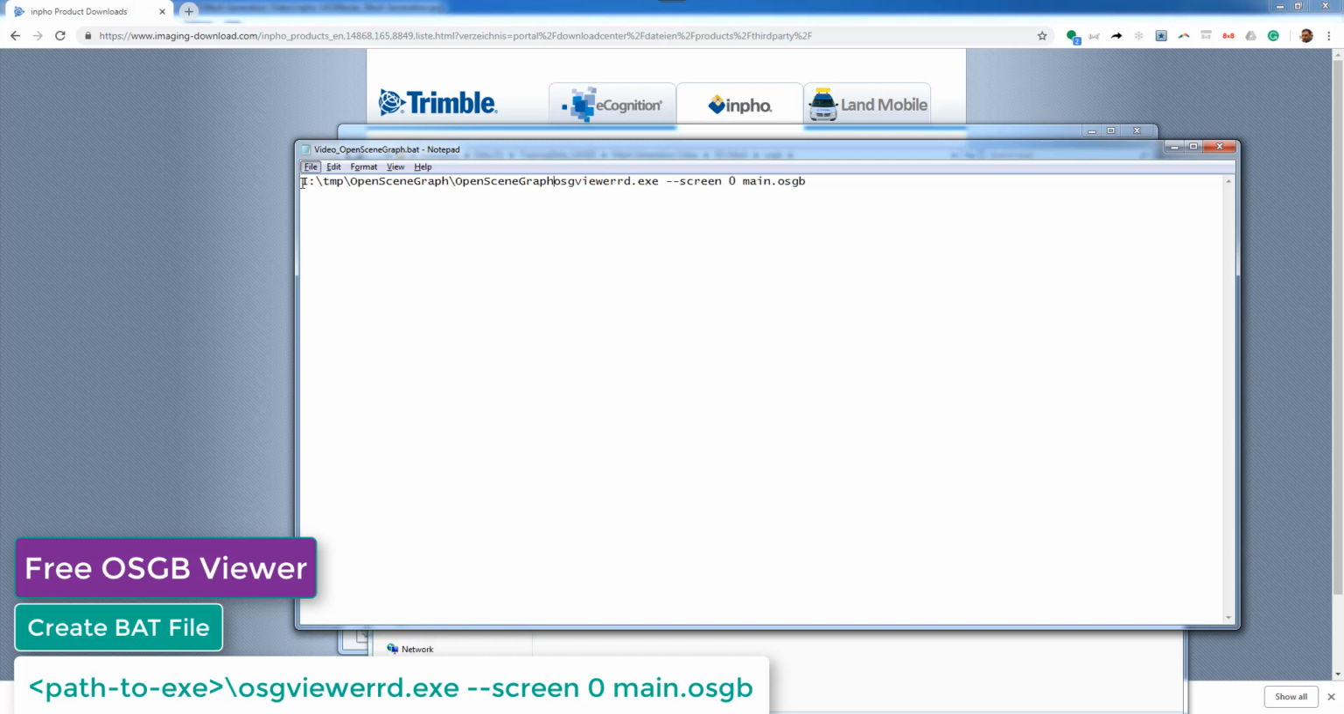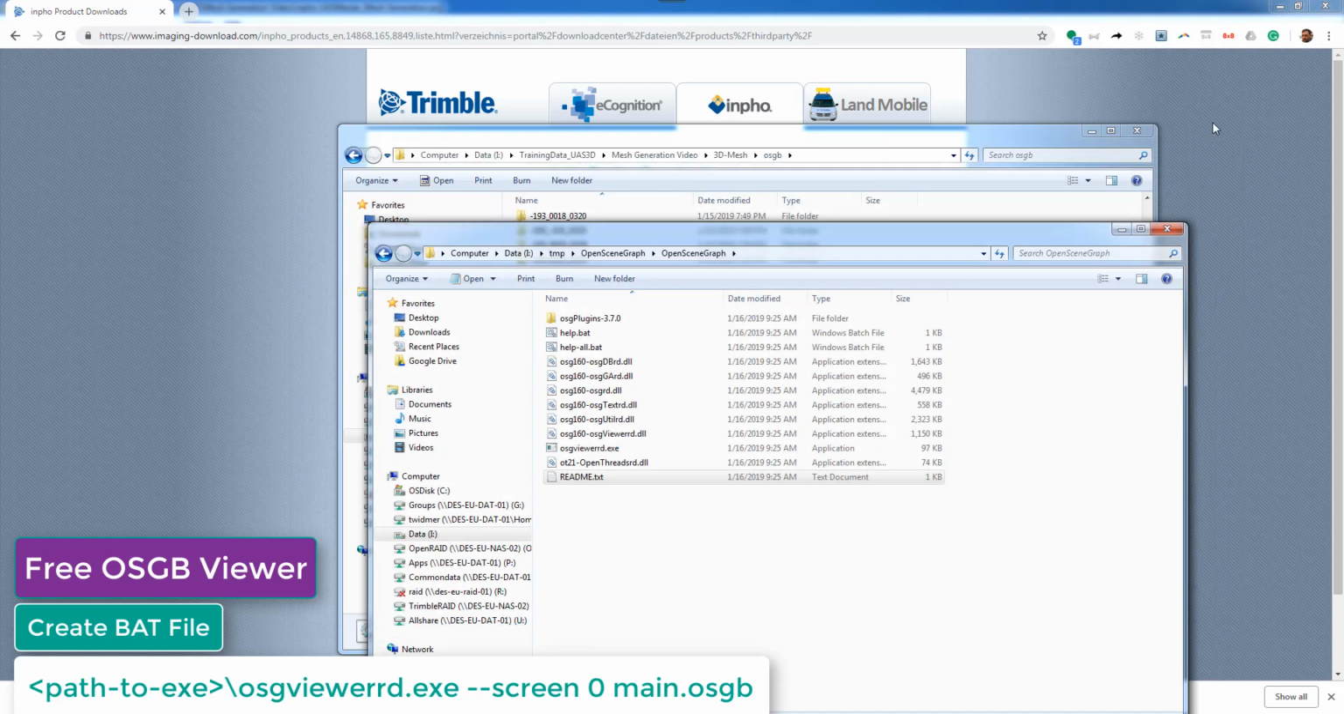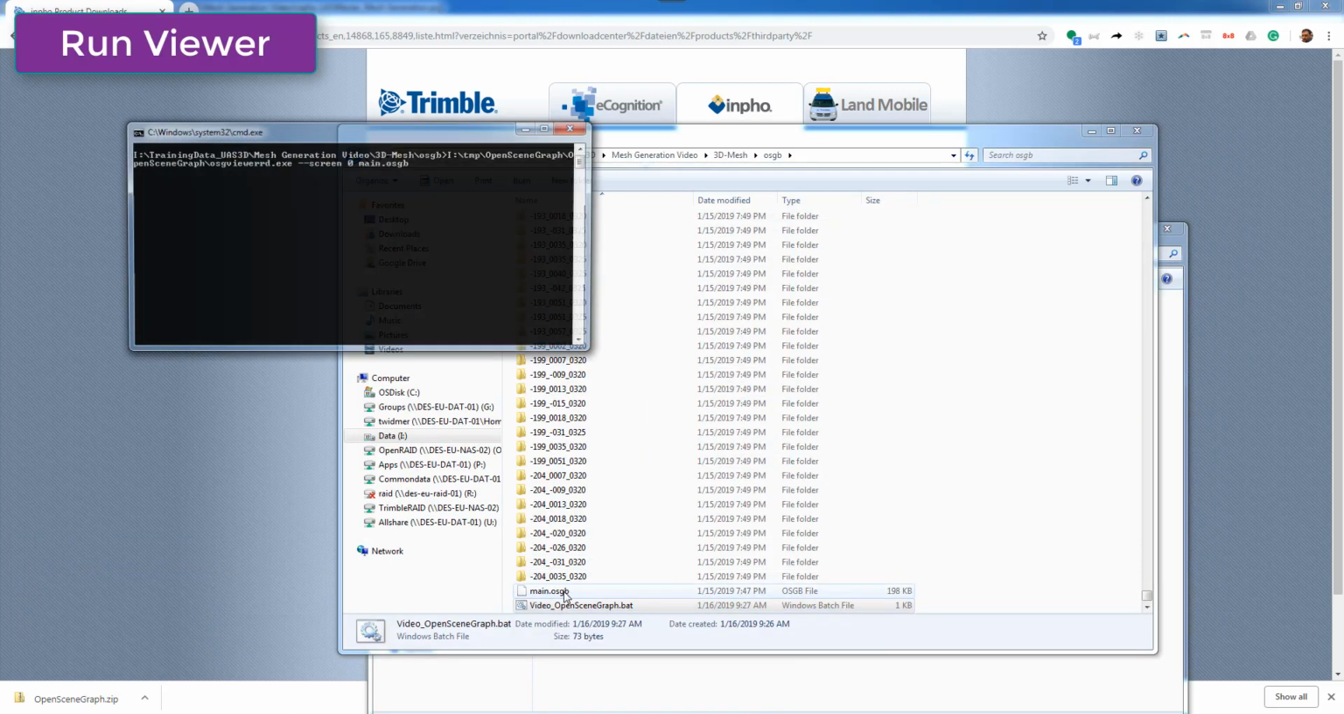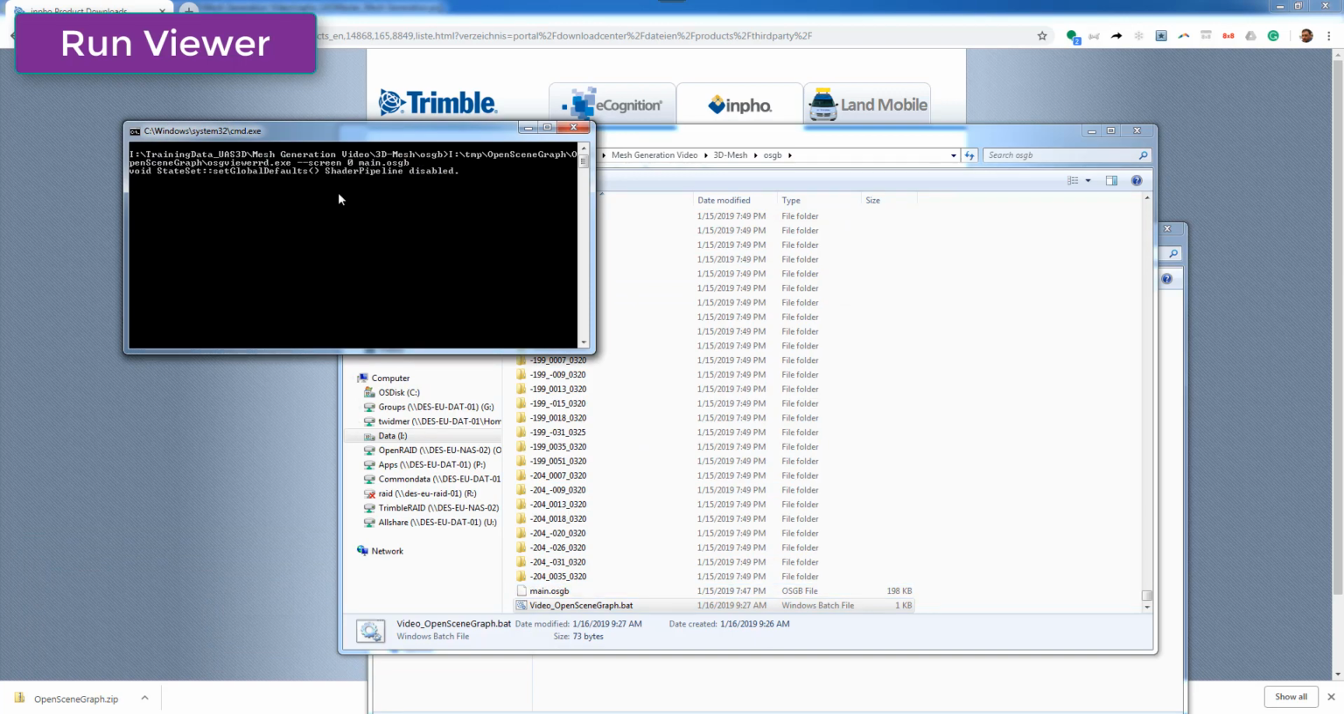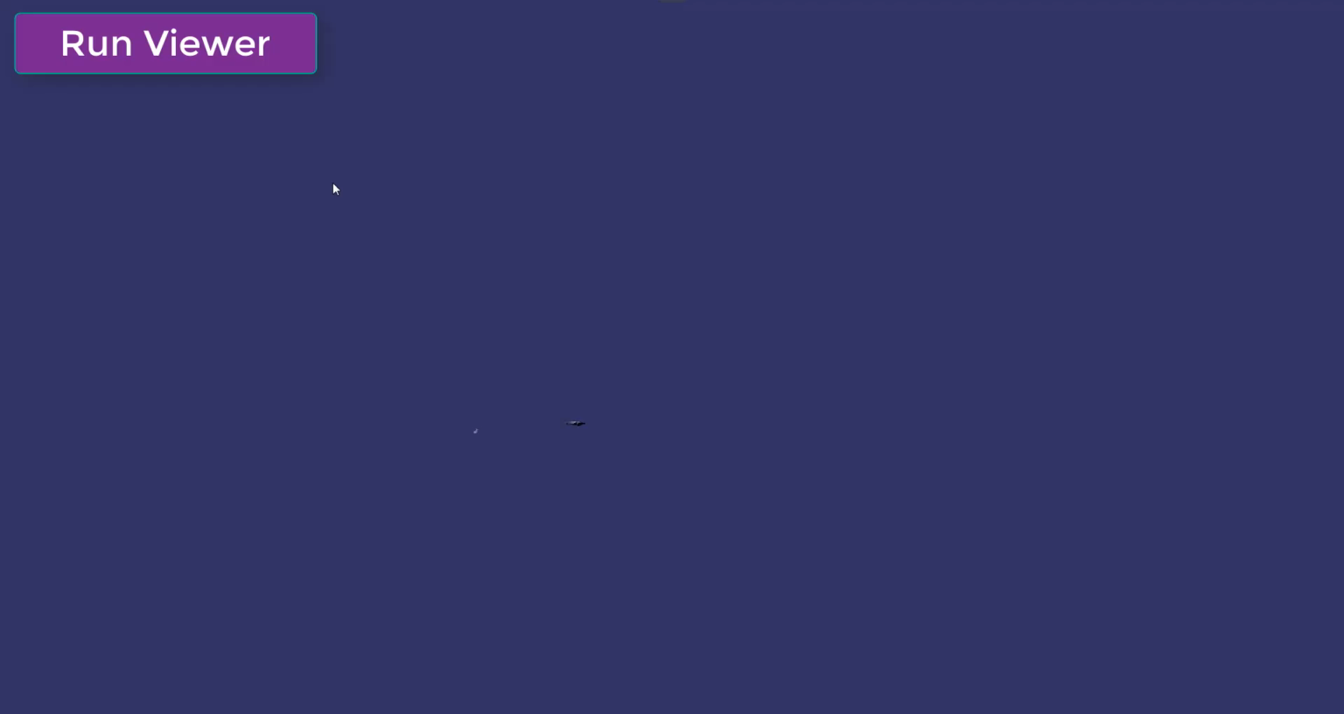I removed the backslash, not a good solution. Here it is. Okay, and then hopefully this will now make it. Let's see, file, save, and then we can double click this one here, and then it will find automatically the main.osgb part, and then it loads in the free viewer